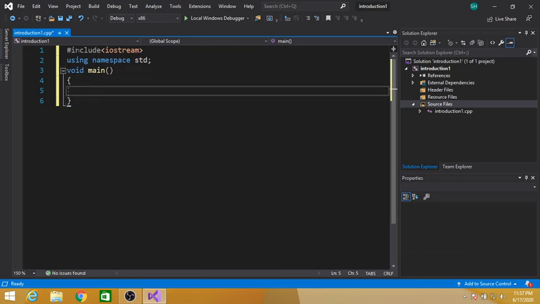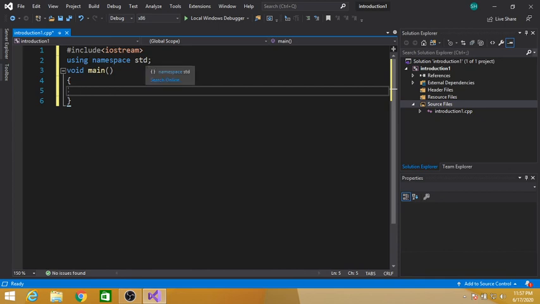So this is the basic structure of a C++ program. First of all, preprocessor directive, #include is a keyword, iostream, input output stream. It is used to take input from the user and display the output on the console. Using namespace std, we are using this namespace. It means if there is no declared thing in the current scope, the compiler can look in the namespace std.